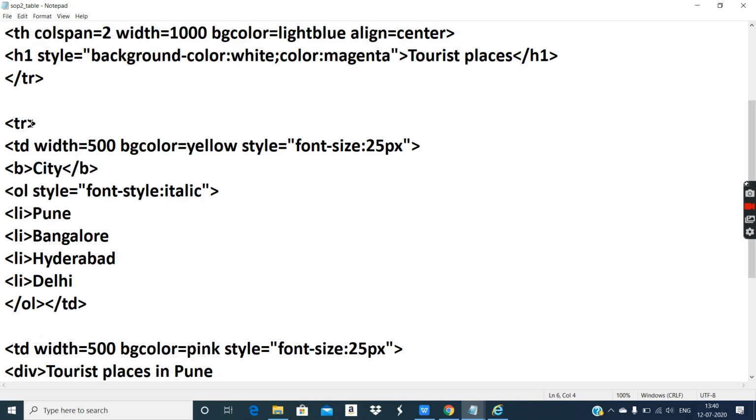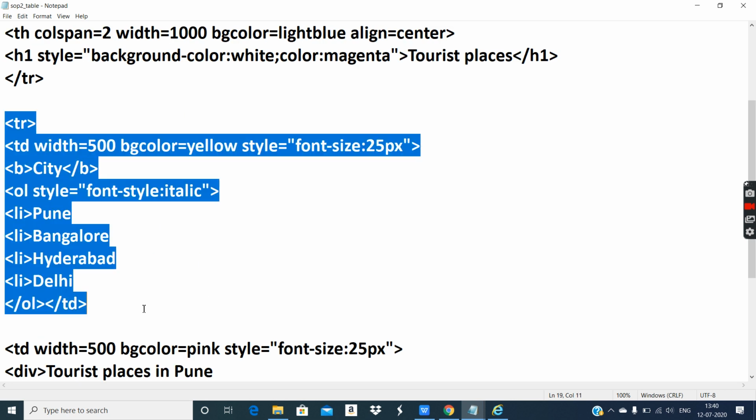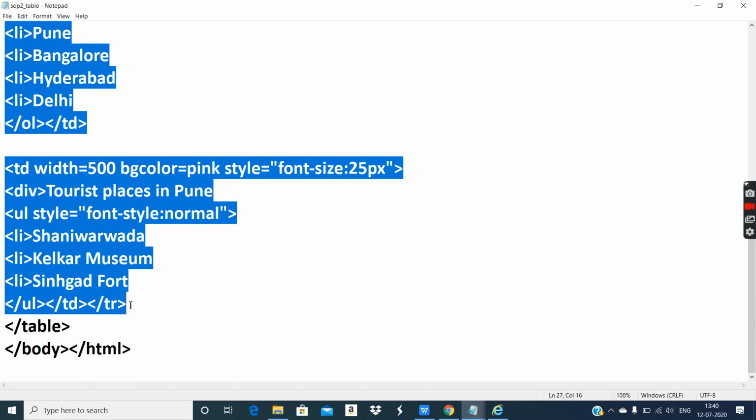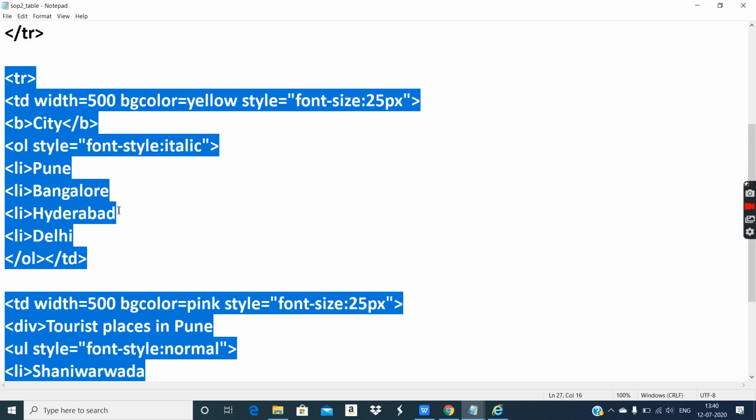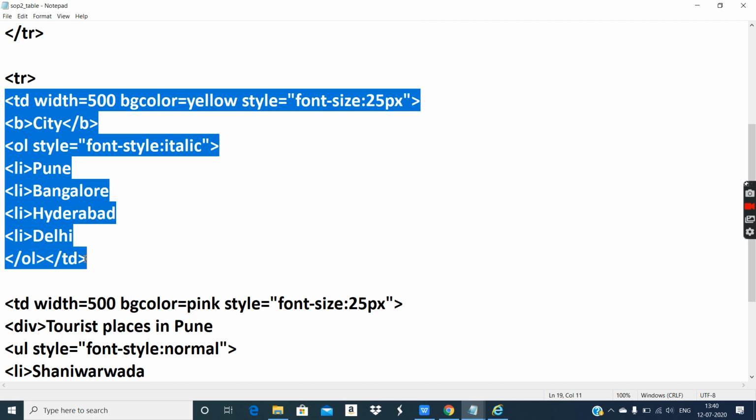So this was our first row. Now second row. Second row starts from here and ends at the last here. So it has two cells. I have given two cells with the help of td tag. Td represents table data, which will create a single cell, and th will also create a single cell, but th displays the text in bold and td displays the text in regular font.